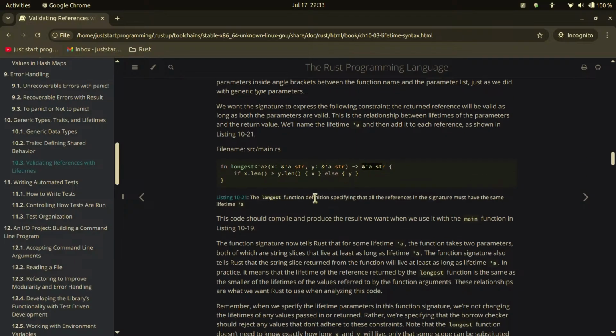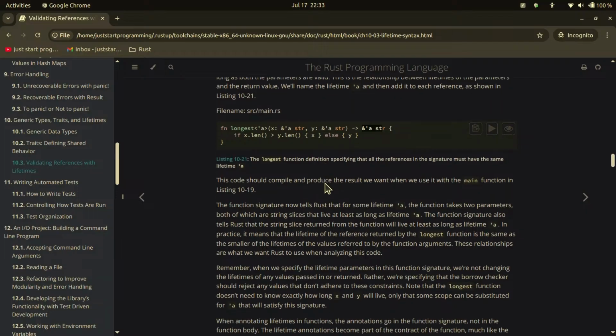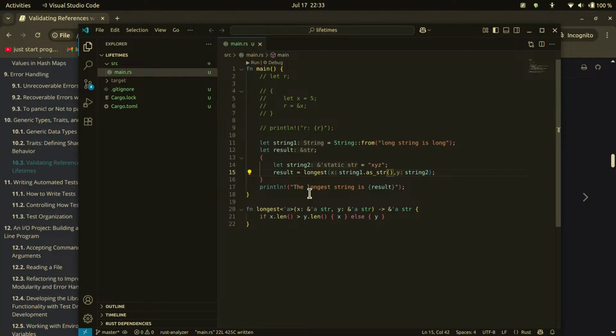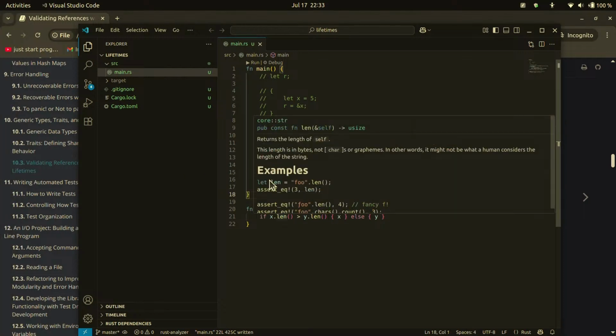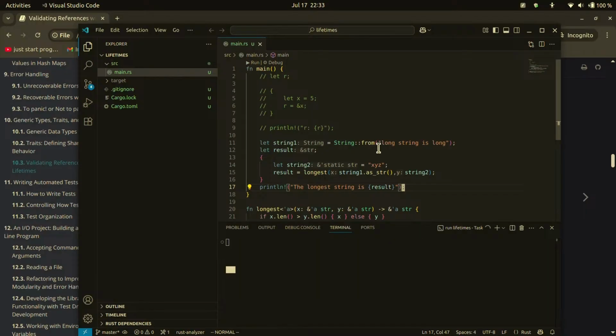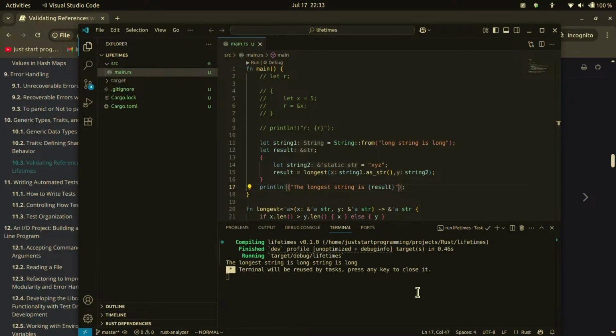The longest function definition specifies that all the references in the signature must have the same lifetime. Okay, so this should compile and produce the result we want when we use it in the main function in 10-19. Let's open up the one from yesterday. I copied that one: string, long string, result, x y z, calling the function longest. As you can see, there's no compilation error. You run the code, and then you get this value. The longest string